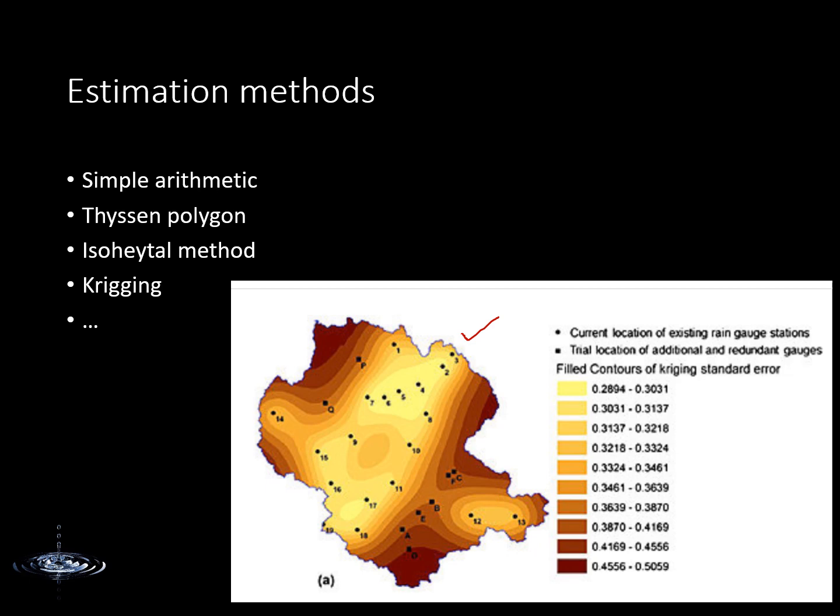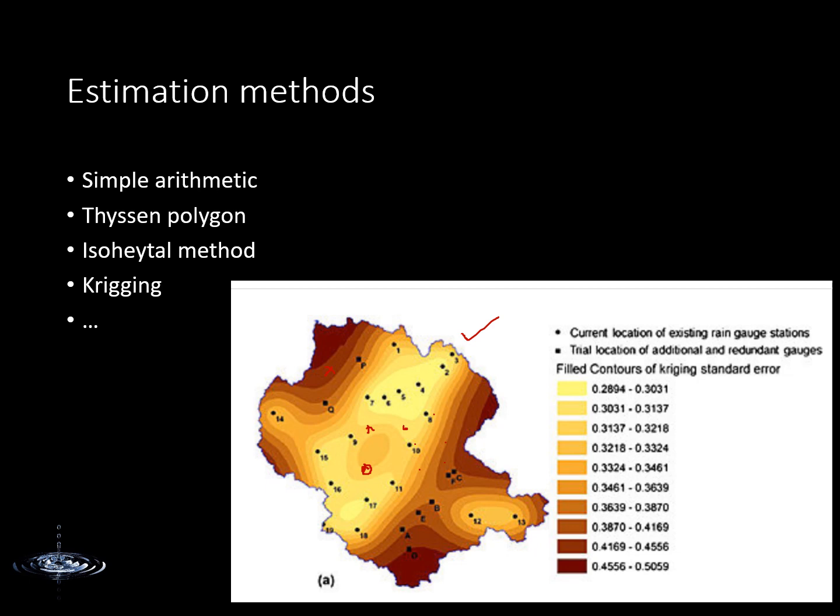So these points are the observed locations, and we want to find out what may be the rainfall at this point, and this point. The whole catchment is divided into a number of small grids, and we want to find out the potential rainfall at all these different locations. Every 1 meter or every 5 meter we can calculate, and for that we can use the kriging